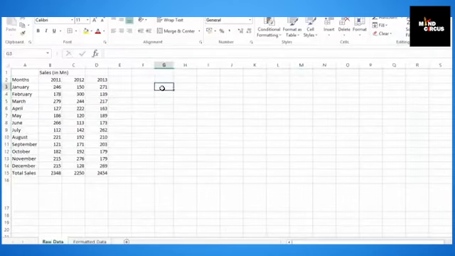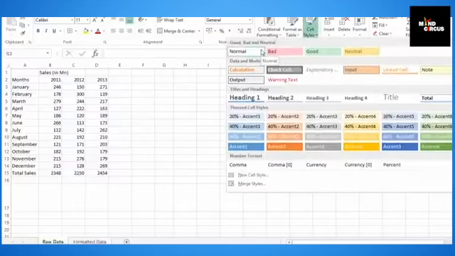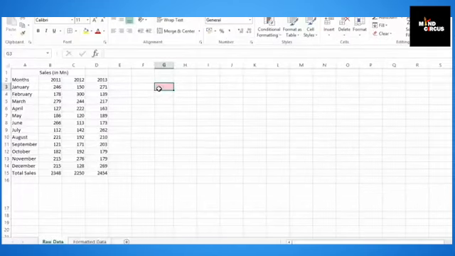One last feature that I want to talk about in this video before I move on to the data set and show you how to beautify this data is these cell styles option here. Cell styles feature is a good option if you just want to apply a formatting to a cell or to a range of cells with a single click of button. So Excel already have some pre-populated styles. It has normal, it has bad, which would fill the cell with the red color, and if you have something here, so for example, let me write Trump